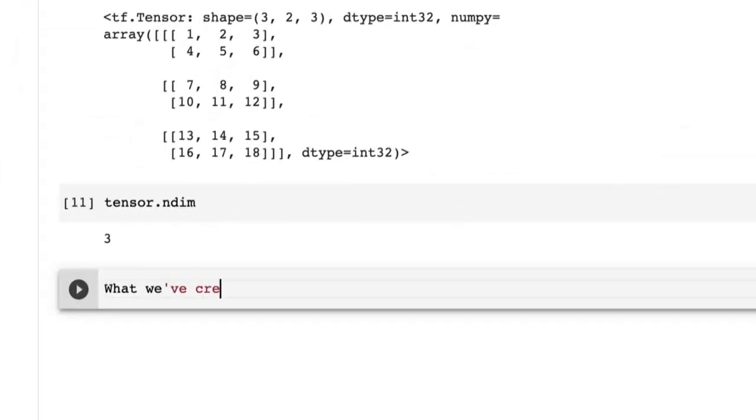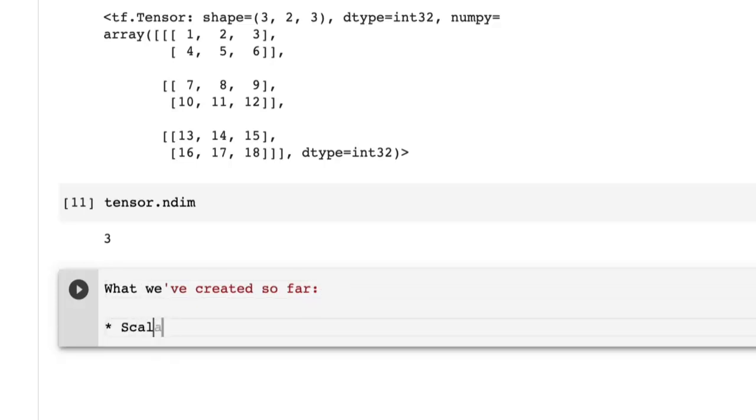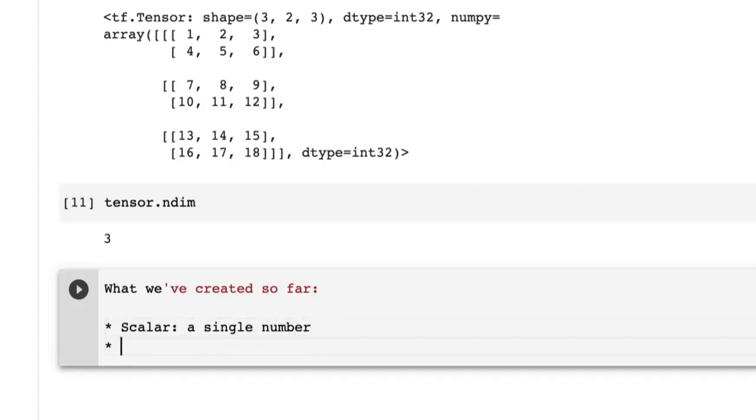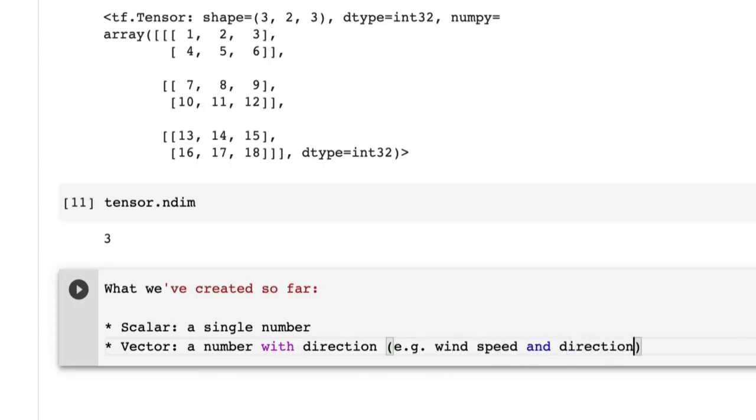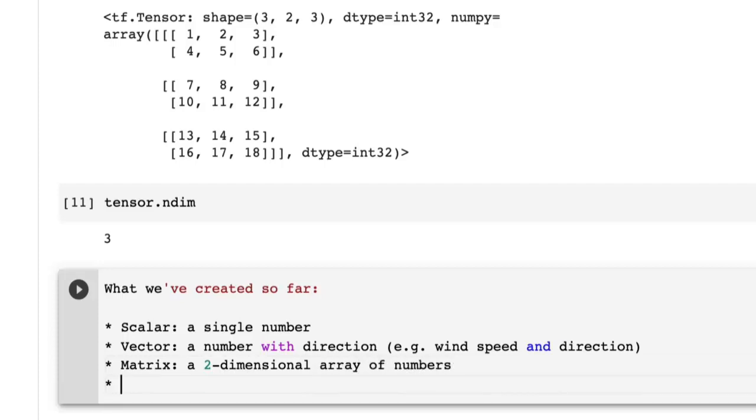What we've created so far. Nice and simple. So scalar. A scalar is a single number. A vector is a number with direction. So e.g. wind speed and direction. A matrix is a 2-dimensional array of numbers. Wonderful. And a tensor